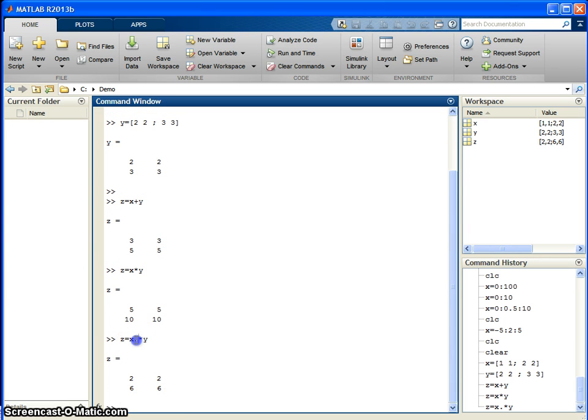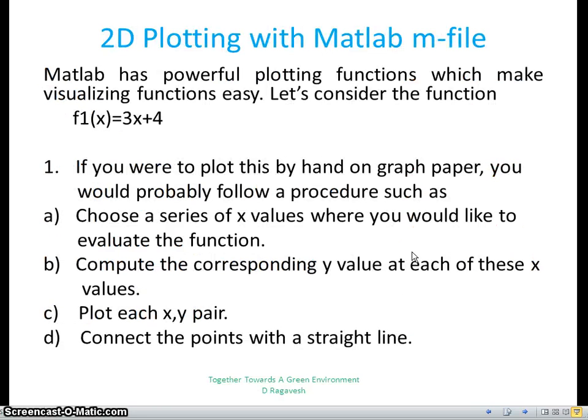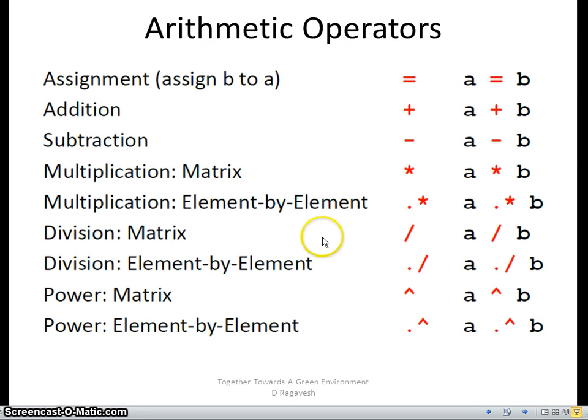That means whenever you use dot star or dot divide, these commands are going to operate on individual matrix elements. In the same way you can also find the power of the matrix by using the caret sign. So these are the very popular arithmetic operators which are used in MATLAB for programming purposes. Let us continue the next session in another video.